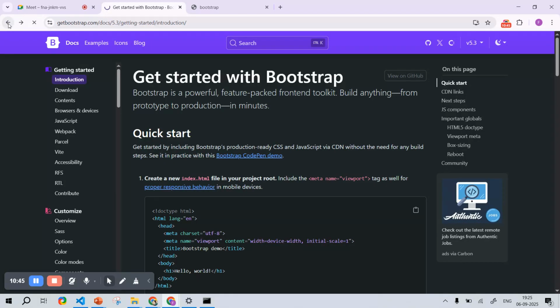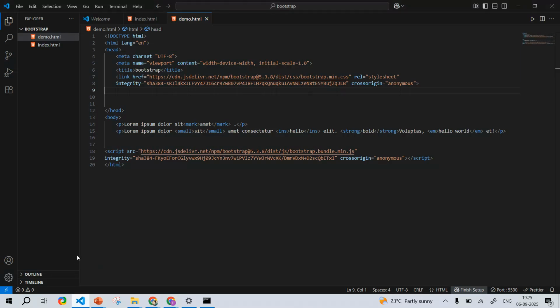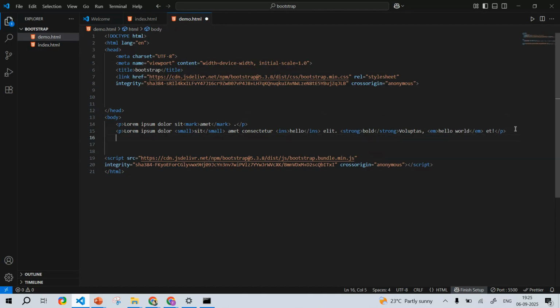Copy that CDN JavaScript path and paste it in your VS Code. That is your first step. After that, where to use the Bootstrap, that one you should know. So inside that you usually use the